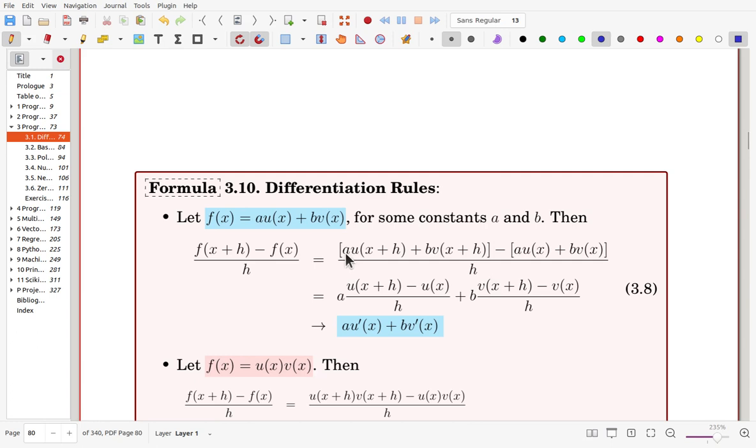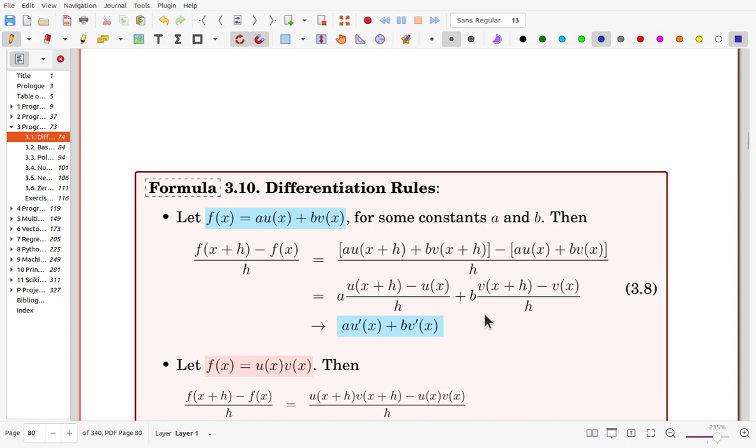Then here for a, we have this term minus that one here, and for quotient b, we have now top is v(x plus h) minus v(x), and we have h over there. Now once h approaches 0, then assuming that the limit exists, that will approach the derivative,